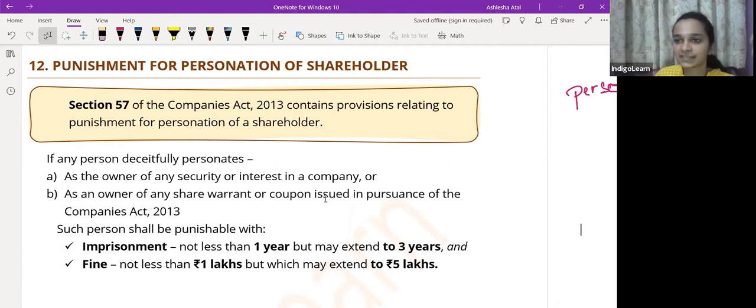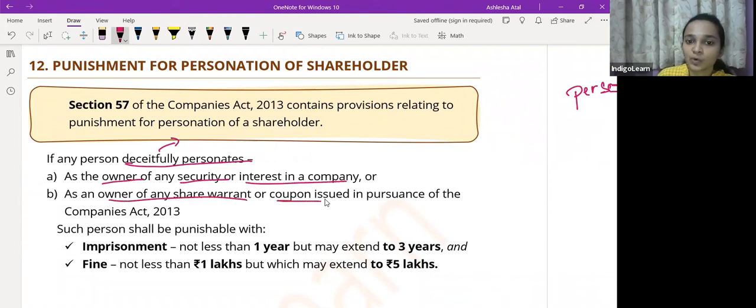So section 57 says if a person deceitfully personates, deceitfully basically means with an intention to cheat, जानबूझकर. If any person deceitfully personates as the owner of any security or interest in the company, or owner of any share, warrant, or coupon issued in pursuance of the Companies Act, he shall be punishable with imprisonment not less than 1 year, which may extend to 3 years, and fine not less than 1 lakh, which may extend to 5